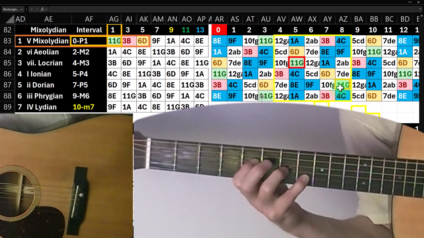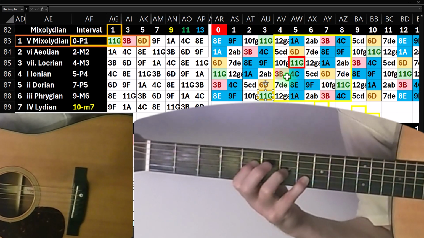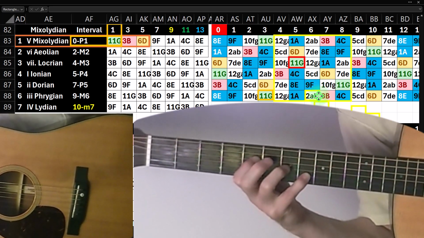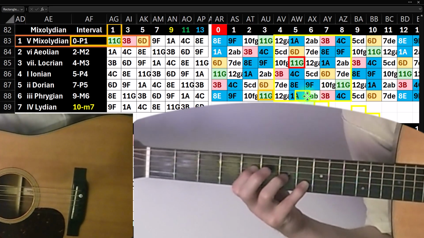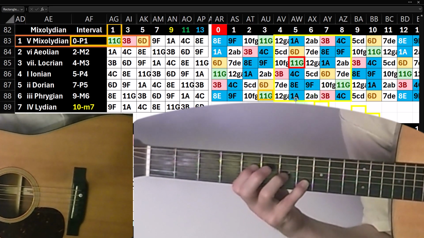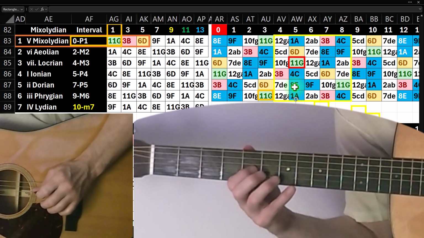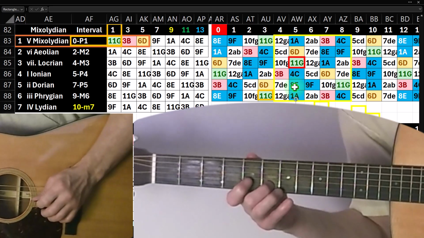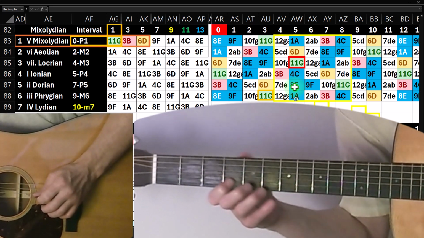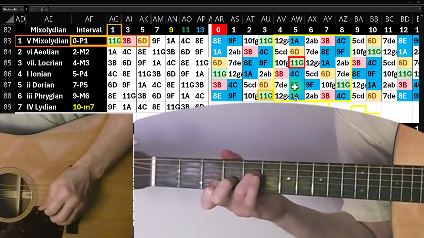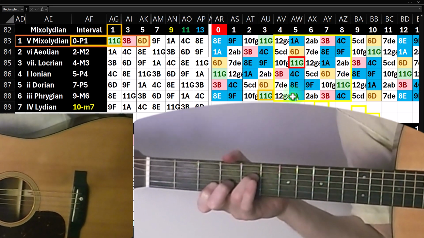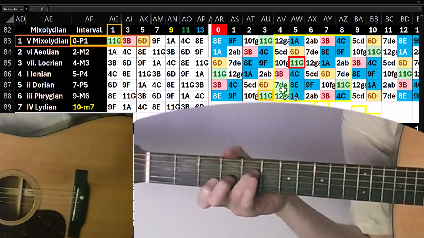So what if we go down 3 strings and cross the fault line? It would be 5, and then 10 up here, and then 15. 15 minus 12 is 3, 2, 1, 0. Let's count it out this way: 5, and then 15. 15 minus 12 is 3, 2, 1, 0. So that means if I go down 3 strings and cross the fault line, then the octave is 2